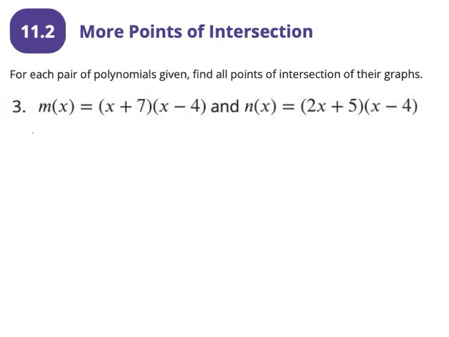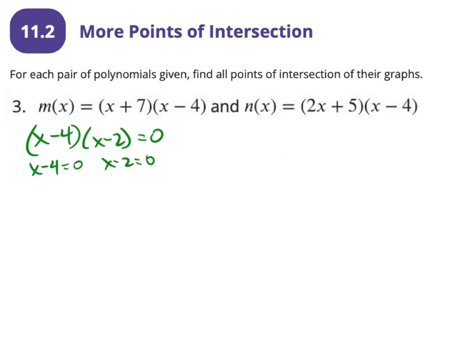So we left off with x minus 4 and x minus 2 equal to 0. X minus 4 equal to 0, separately from x minus 2 equal to 0. Add 2, add 2, add 4, add 4. X equals 4. X equals 2. So now what I'm going to do,